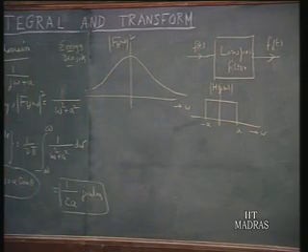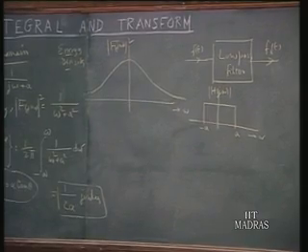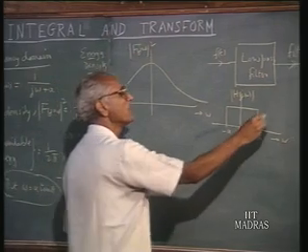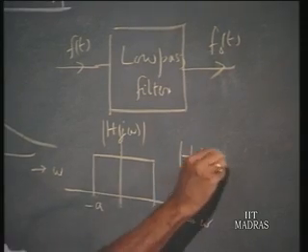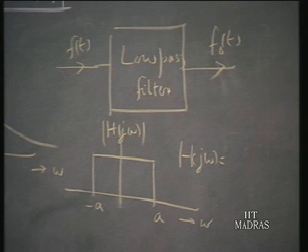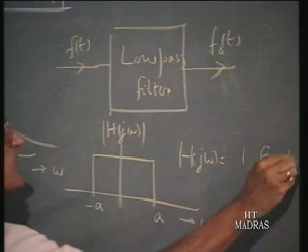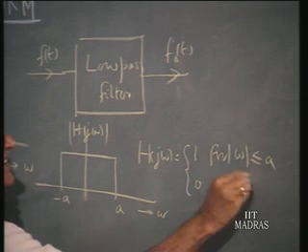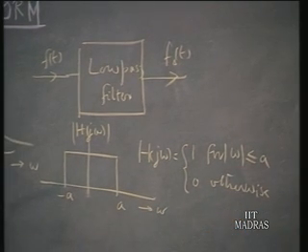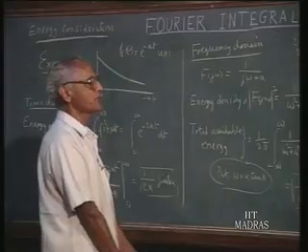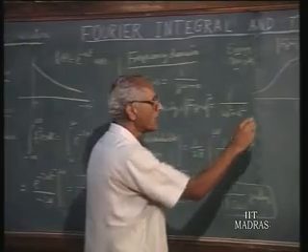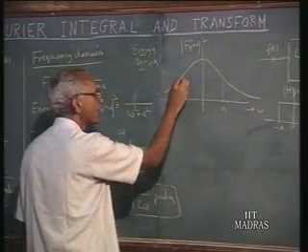In other words, in the spectrum that is available for the given f of t, all frequency components having a magnitude omega greater than a become 0. That means h of j omega, we are talking about the transfer function or the system function relating f naught of t and f of t, is equal to 1 for omega less than or equal to a and 0 otherwise. So essentially this low pass filter cuts off all frequency components beyond a certain value a. So if this is a and this is minus a,